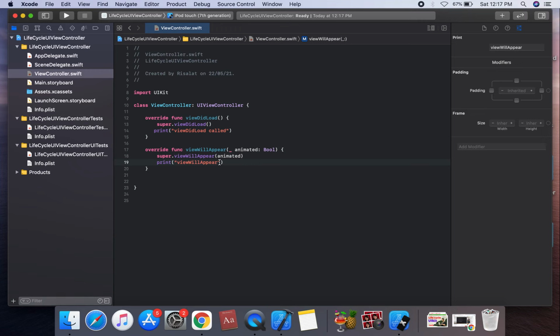This is called just before the view controller is added to the view hierarchy and shown to the user.